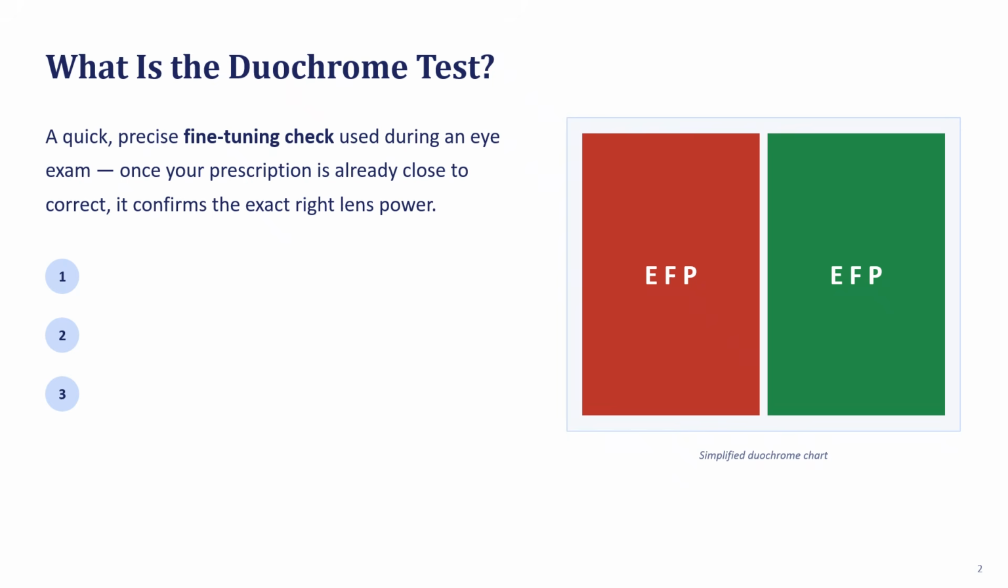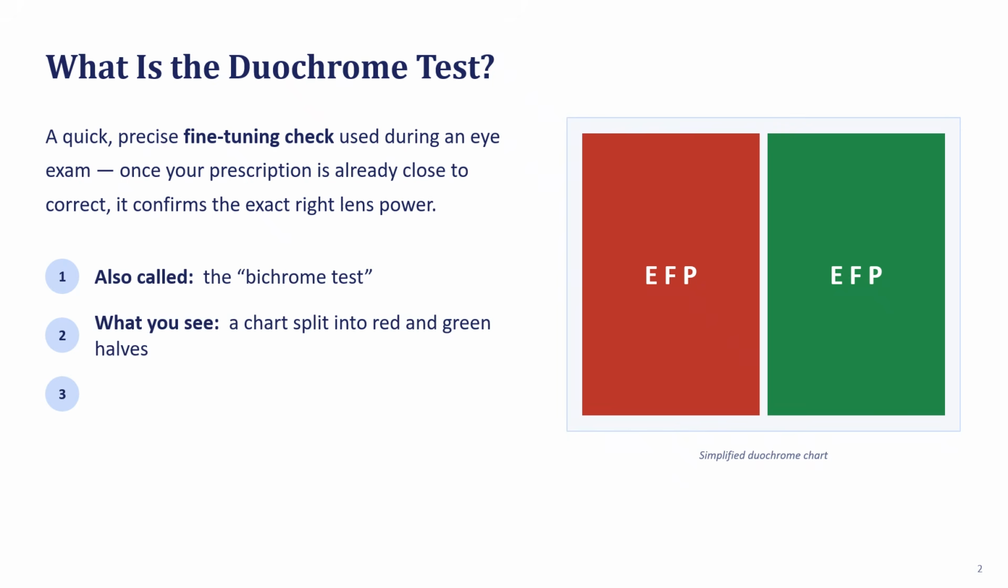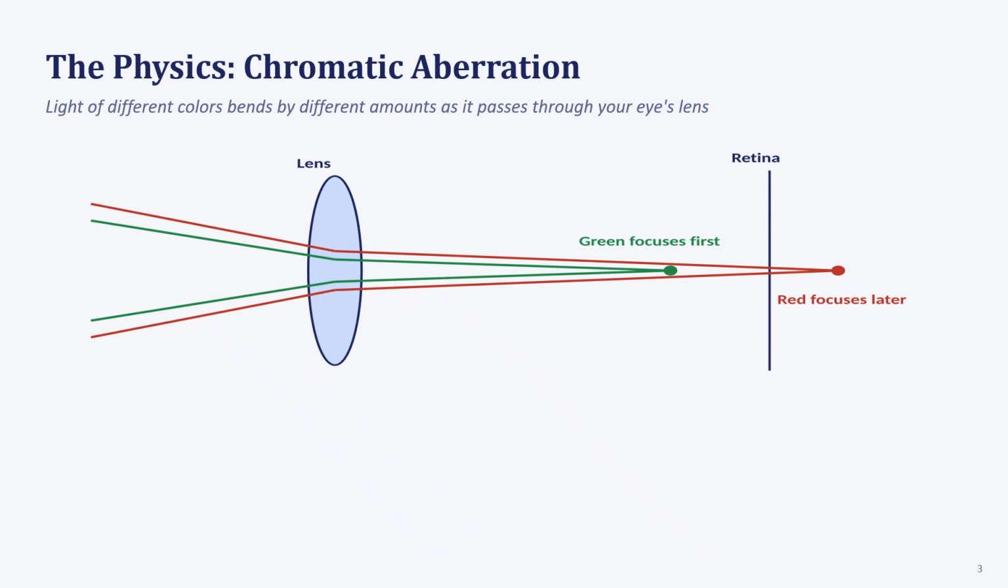The Duochrome test is a precise fine-tuning check used during eye examination once your prescription is already close to correct. It confirms the exact lens power. It's also called the bichrome test, and it has a chart split into red and green halves and compares the letter clarity on each side. To understand the basics of the Duochrome test, we need to understand the physics of